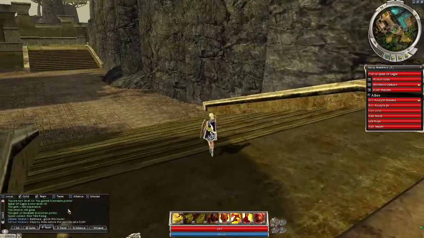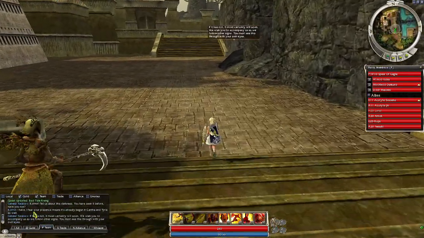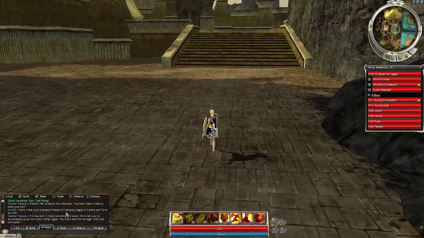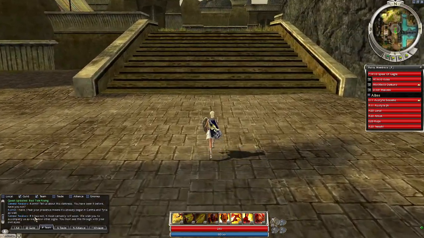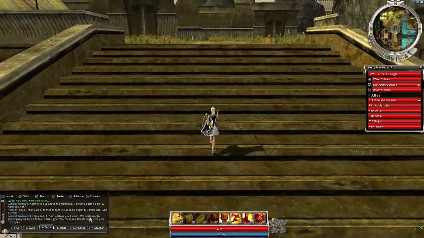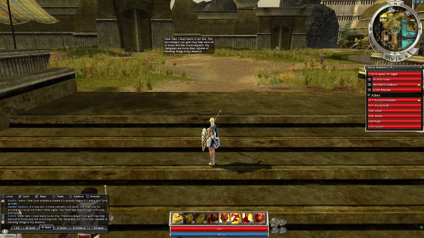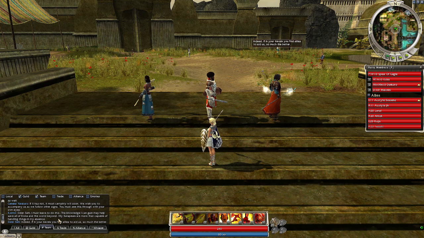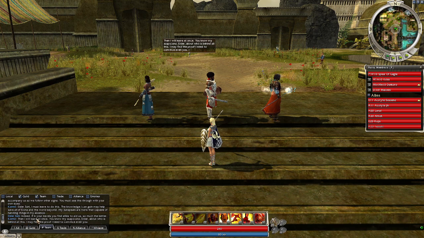Oh, here we go. Balthazar, guide this blade. Destroy them before the ruptures take hold. Cormir, tell us about this darkness. You have seen it before, have you not? I have. I fear your presence means it's already begun in Cantha and Tyria as well. If it has not, it most certainly will soon. We wish you to accompany us as we follow other signs. You must see this through with your own eyes. Elder souls, I must lead you to this. Knowledge I can gain may help save all of Alona and the world beyond. My sunspears are more than capable of handling things in my absence. Indeed, if in your travels you find allies to aid us, so much the better. Then I'll leave at once. You know my suspicions, Eldar, and who...